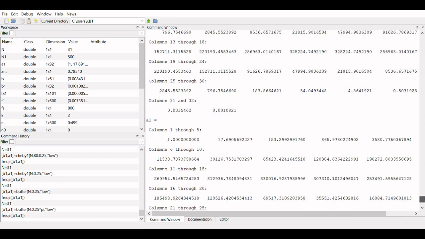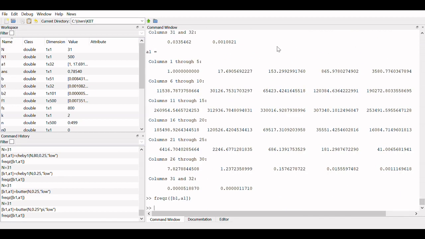Now you can see this filter is not going to be a stable filter, because the coefficients are very high, 17, 153. So designing a stable IIR filter requires those methods, approximate derivative and all those methods, to come into play. So you have to be very careful while designing this.